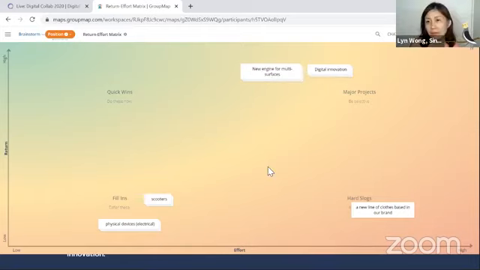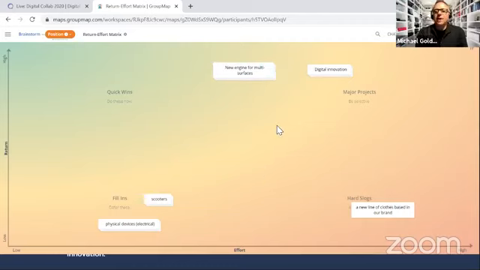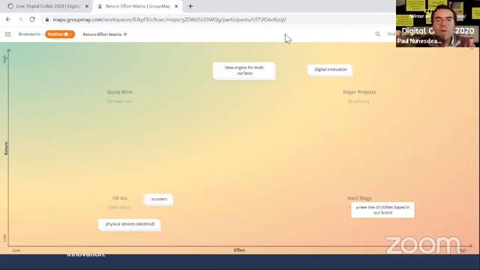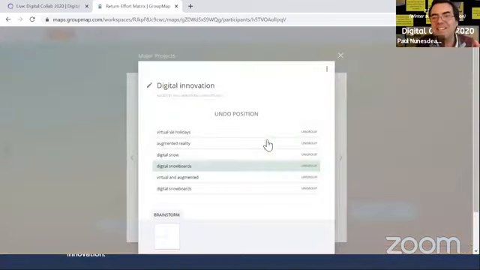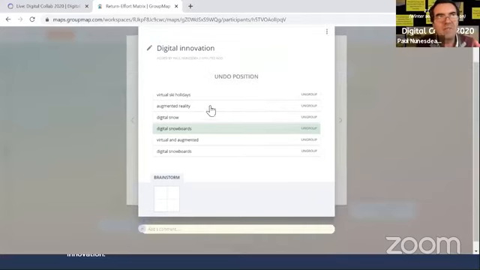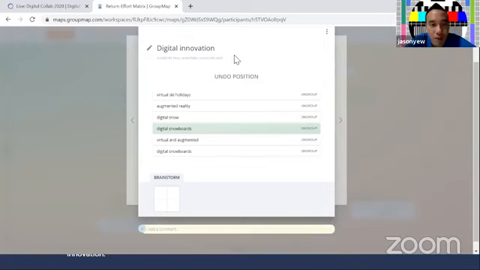In the middle. Okay. Paul, I'm just wondering why you think digital innovation would be more effort than new engine for multi-surfaces. Because we have no digital expertise as a company. We know how to manufacture snowmobiles well, but have we got IT specialized engineers? You know, AI engineers. We don't, right? Oh, we might want to consult Miguel. Miguel is the head of IT, right?